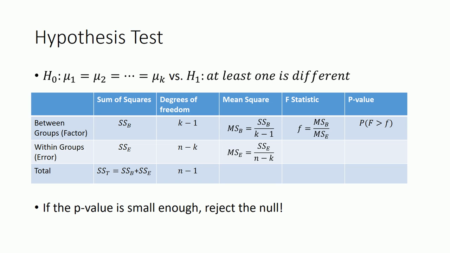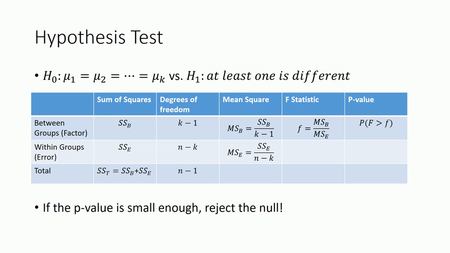So anyway, the mean square for each of these is, you just take the sum of squares between groups divided by the degrees of freedom for between groups, and you get what's called a mean square for between groups. It's kind of like variance. And then you do the same thing within groups, and the ratio of those mean squares is your F